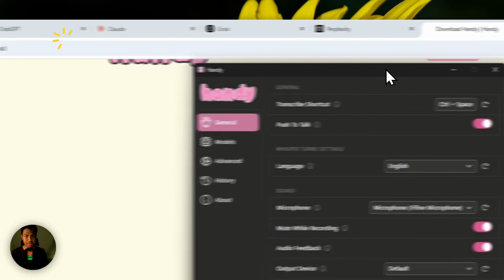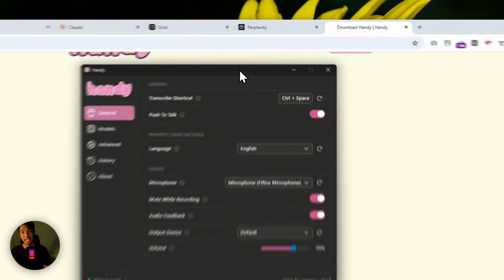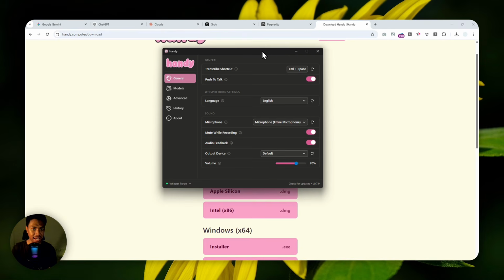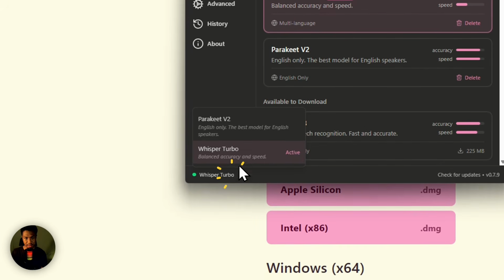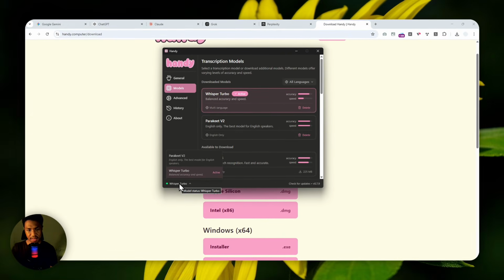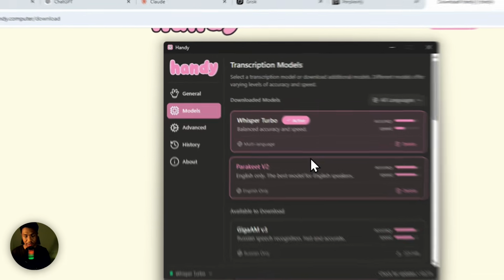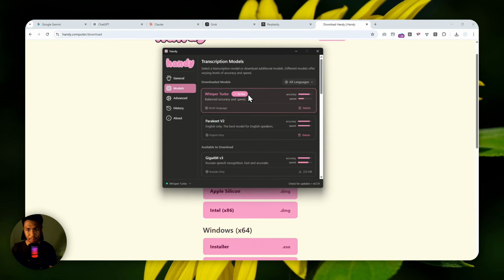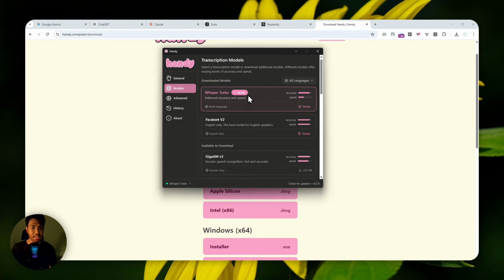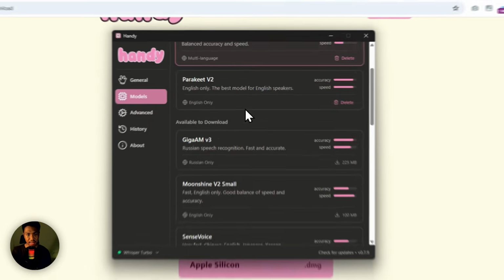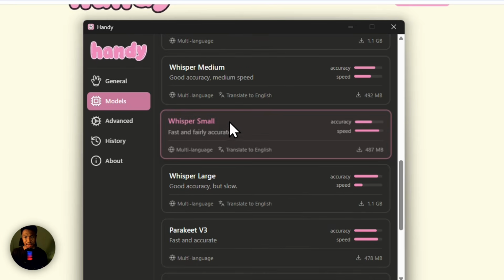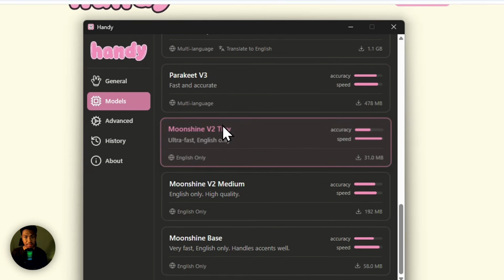So basically it's going to look something like this, and the first thing that you need to do is pick the AI model. You can navigate to the model section, or you can also just click this button. I guess this is the new interface, so they actually moved the menu right here in the model section. So right here they have plenty of AI models for transcribing your speech into text. There is the model from Whisper, which is basically OpenAI. There is also Moonshine and Parakeet from NVIDIA, and there are many models,